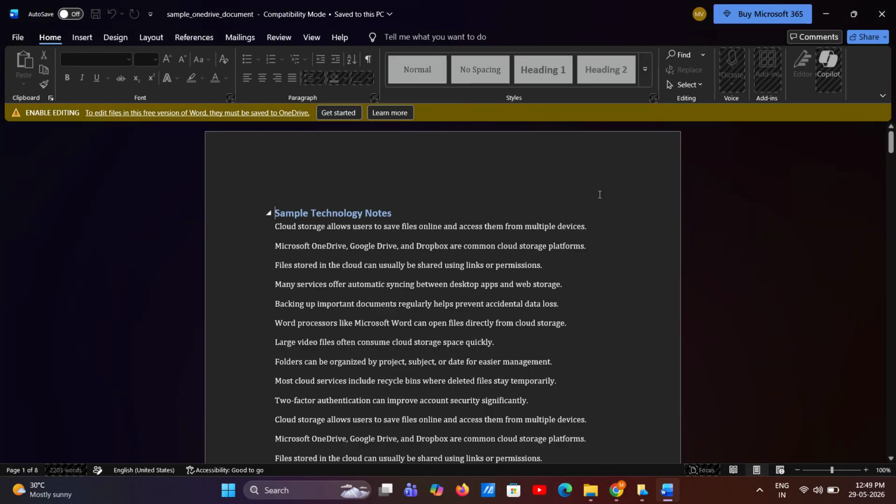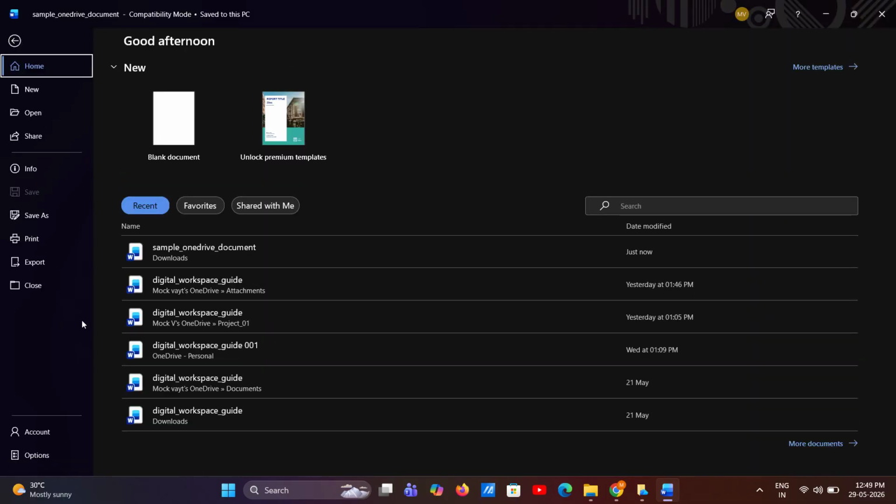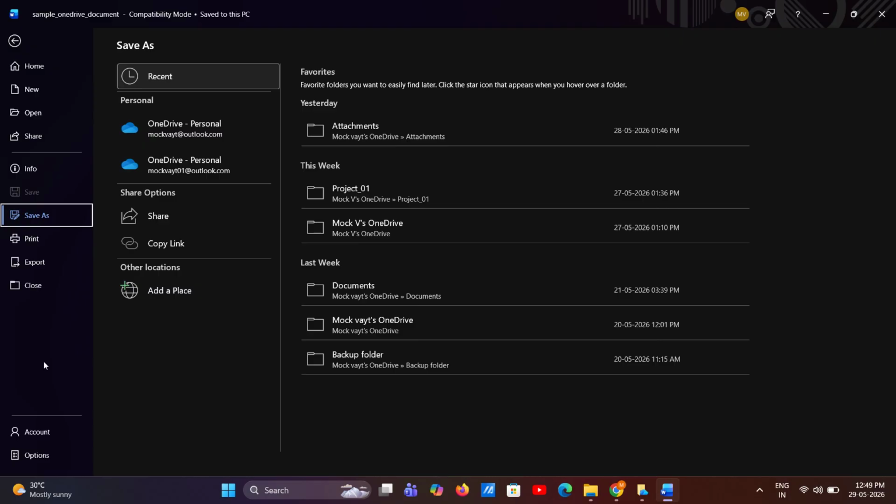After your document is open, go up to the top left corner and click on File. This opens the main menu where you can manage your document settings, and from here, choose Save As. When you click Save As, Word will ask you where you want to store the file. This is the important part, because instead of saving it only on your computer, you're going to choose Microsoft OneDrive